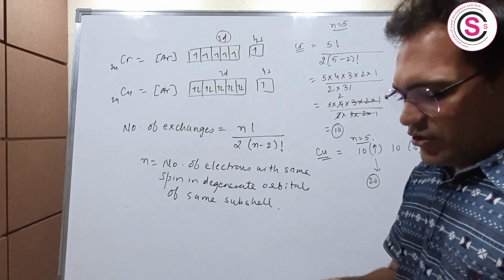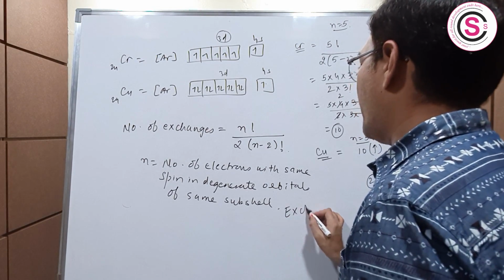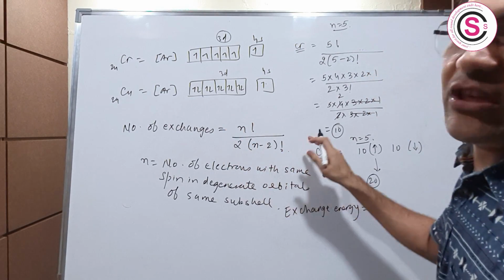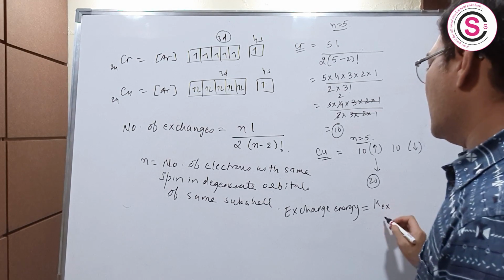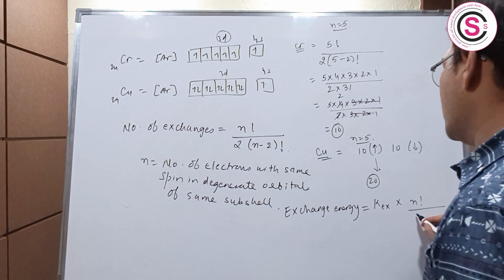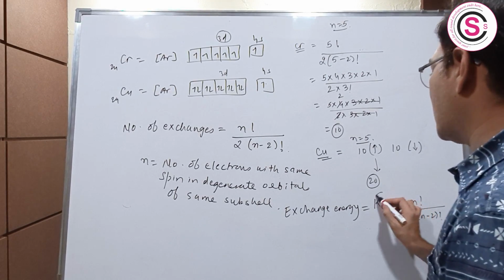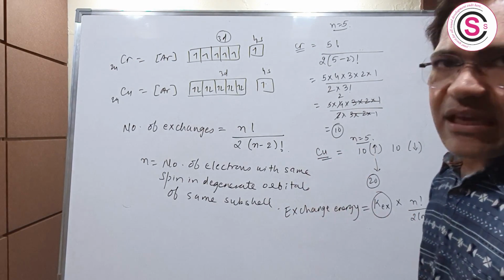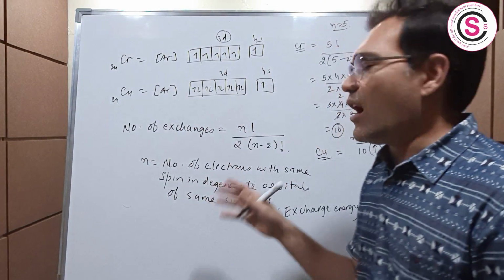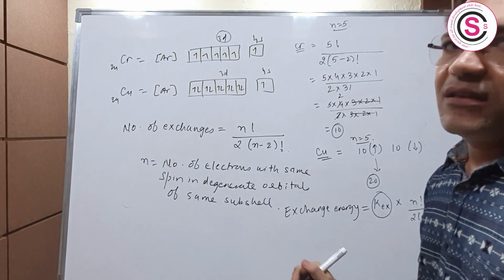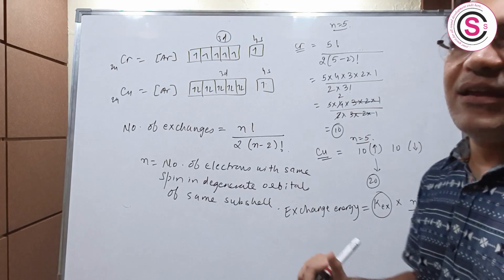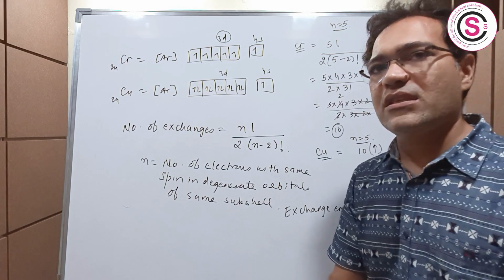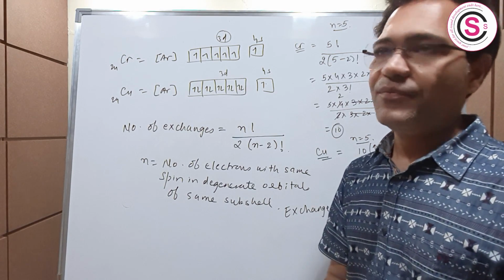To find out exchange energy, what we need to do is multiply the number of exchanges by a constant K_ex. This K_ex, students, is known as your exchange constant, or exchange energy constant. Okay. So it's one and the same, either you calculate the number of exchanges or you calculate the exchange energy, right? The answer will be the same, just here you have to multiply by K_ex. So what I prefer is you just calculate the number of exchanges. The more the number of exchanges, the more energy is released and the more the stability.